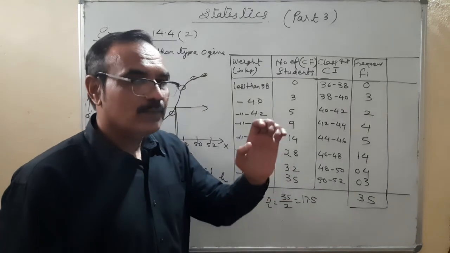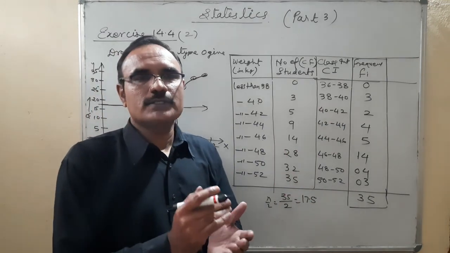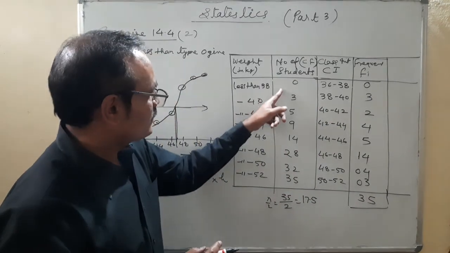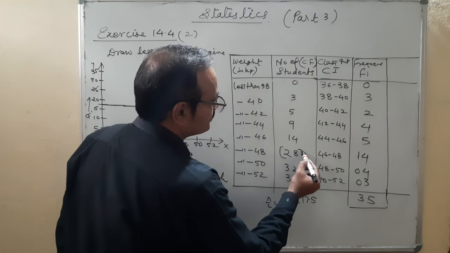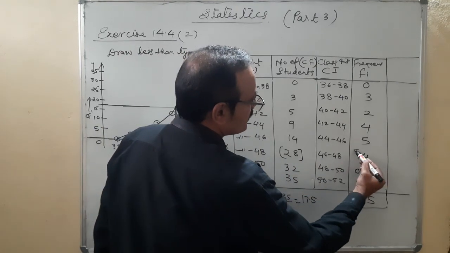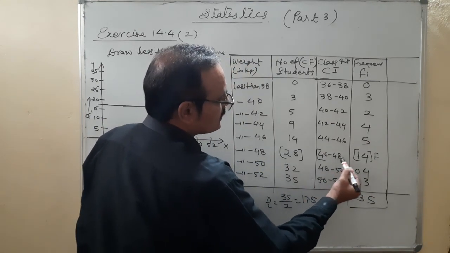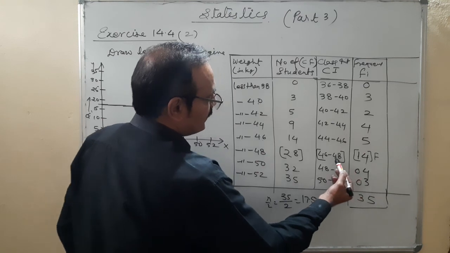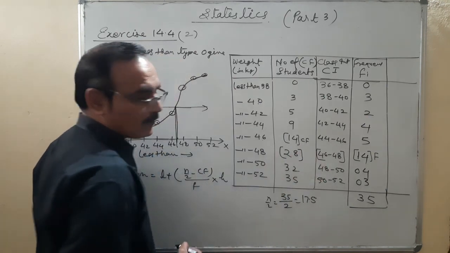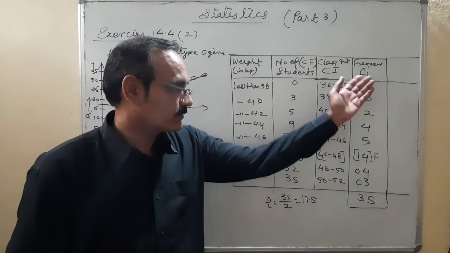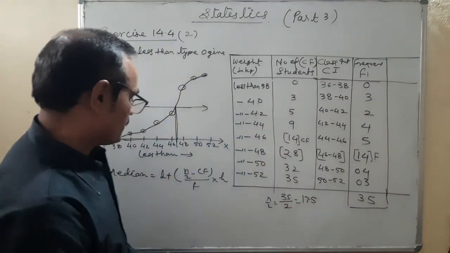Now let us see 17.5 in CF. We are going to find just the bigger number than 17.5. The just bigger number than 17.5 is 28. In front of that number is F. In front of this class interval, this is the median class. And in the CF column, the number preceding 28 is the CF. By the way, generally we make column Fi here and CF here, but here the columns are in the opposite form, so there's no problem at all.